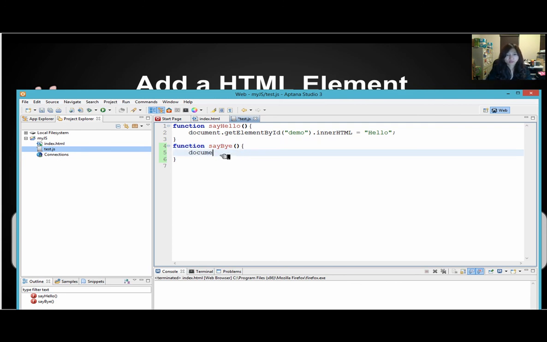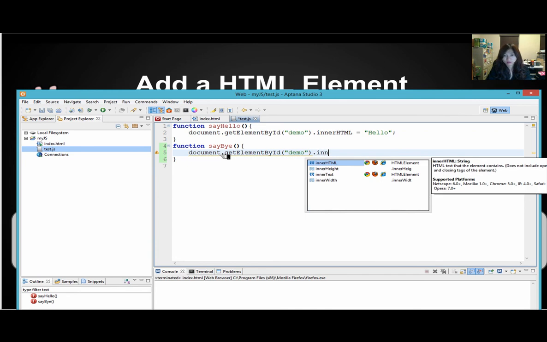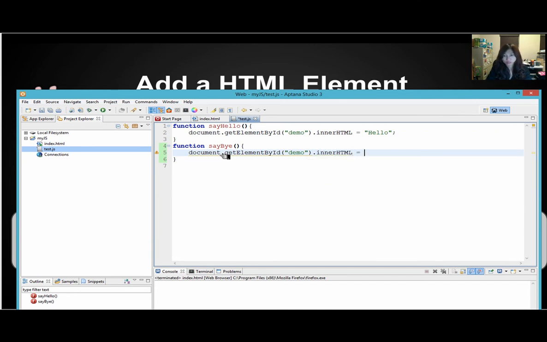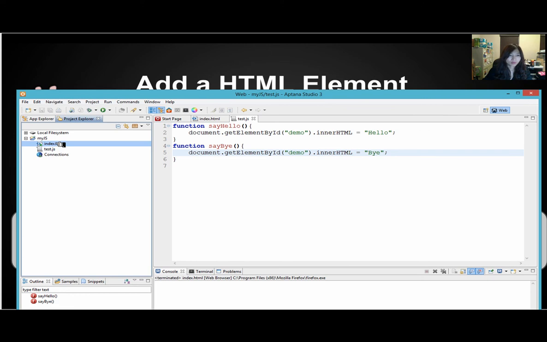Type document getElementById, same thing, and here type demo. innerHTML equals, and here instead of hello we have bye. Click save, Control S to save, and go back to index. Next, we want to go back to index.html